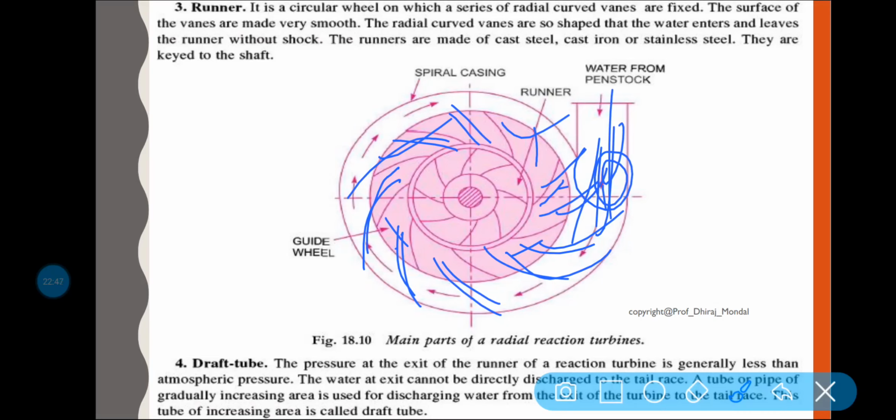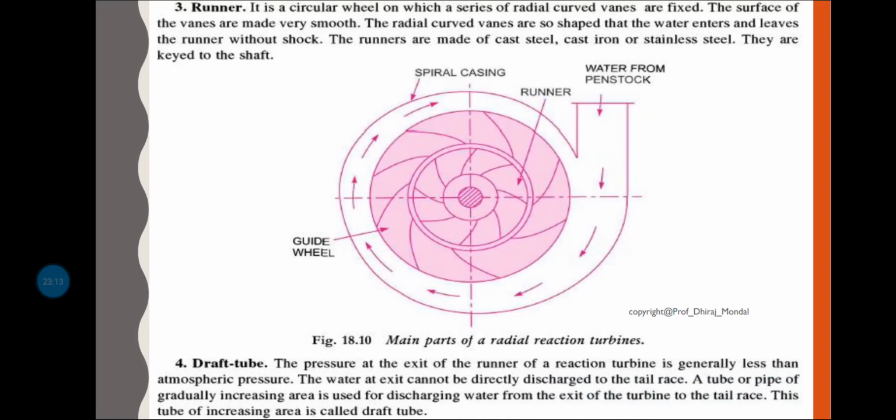Clear? I think it is clear. Basically the guide vane allows the water to strike the vanes fixed on the runner without shock at inlet. Also, by a suitable arrangement, the width between the two adjacent vanes of the guide mechanism can be altered so that the amount of water striking the runner can be varied. So this is the function of the guide mechanism.